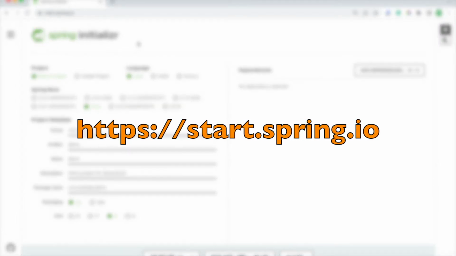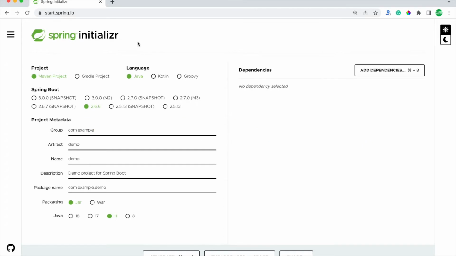Just go to Spring Initializr using your web browser. It is a web-based Spring project generator, then fill in the required frameworks and libraries. Project: Gradle project, language: Groovy. Spring Boot version: the latest stable, 2.6.6. Project metadata: group name, artifact, packaging, using Java version 11, and then add dependencies: